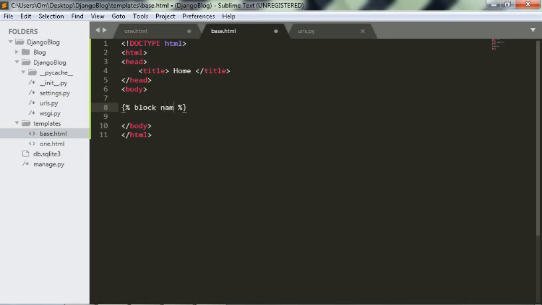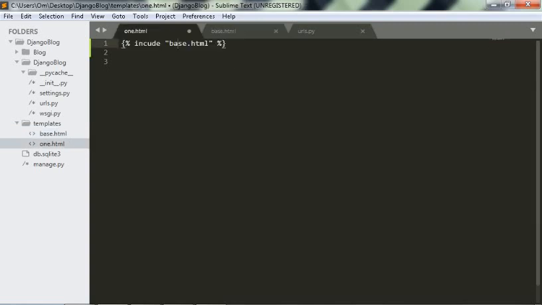Let us name it name, and make sure to end the block. To end it, type endblock and the name of your block, and save it. Now let us pass the data here. To pass the data, type block name and make sure to end the block.